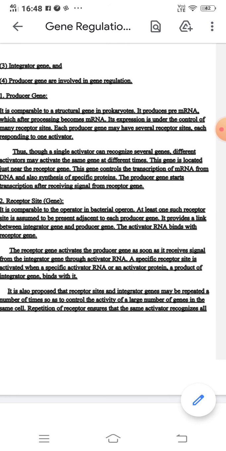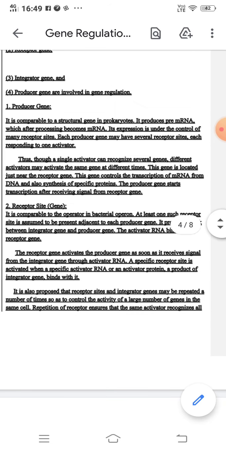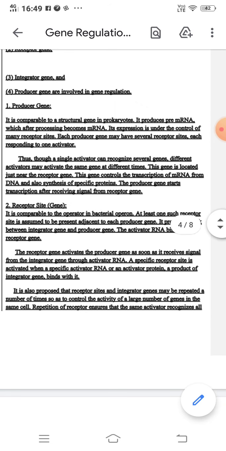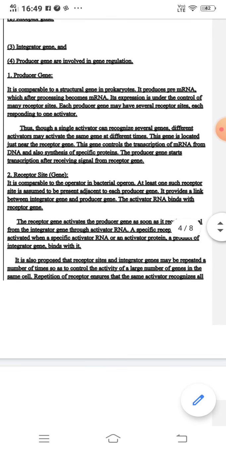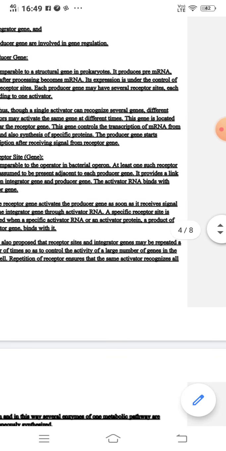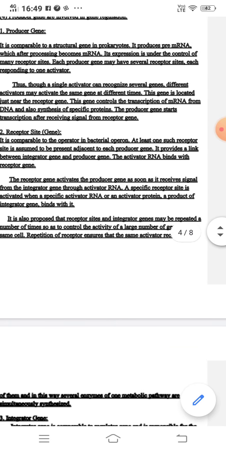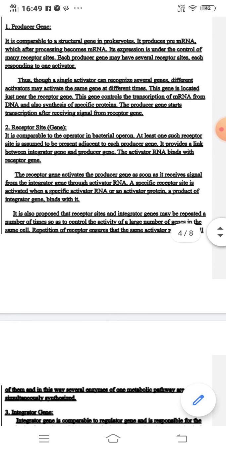Just now in the figure we have seen that the receptor gene acts as a media, or it is connected along with the producer gene and the integrator gene. So the receptor gene is a gene in between the integrator gene and the producer gene, connecting with the producer gene. The activator RNA binds with the receptor gene. The receptor gene activates the producer gene as soon as it receives the signal from the integrator gene through activator RNA. A specific receptor site is activated when a specific activator RNA or an activator protein, a product of integrator